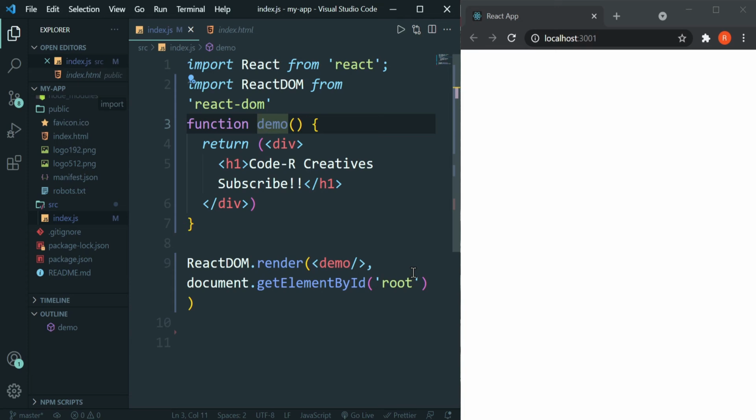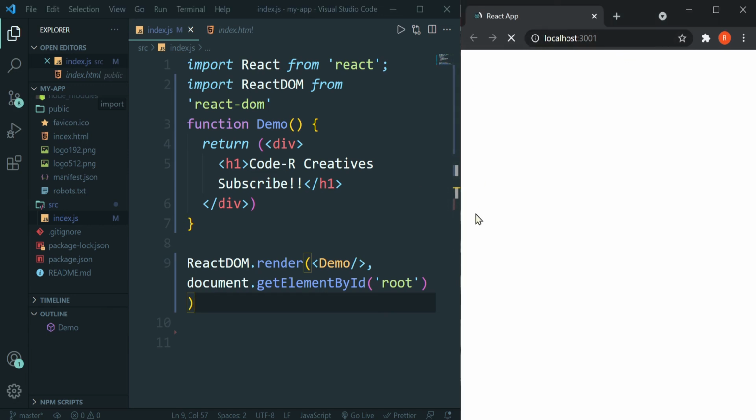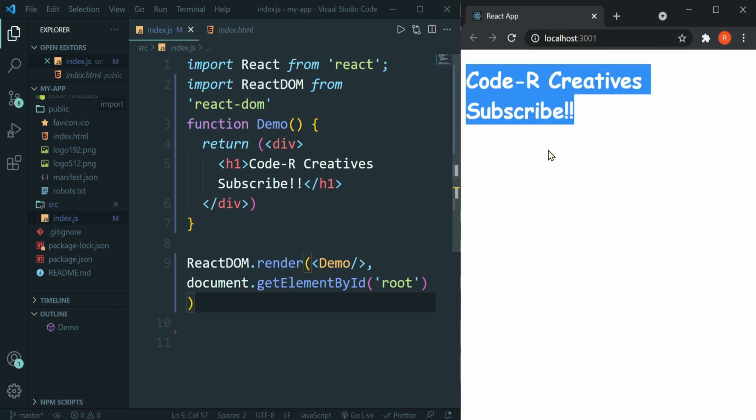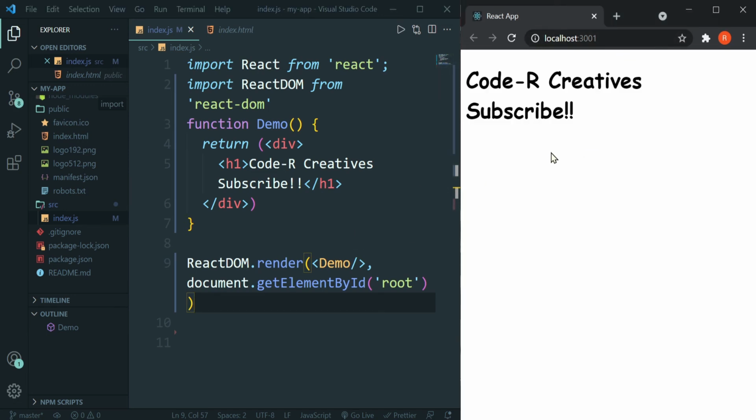So to make a function act like a component, you need to have a capital letter at the beginning of the name. Now when I render the function after making some changes, this is the component that we created from scratch and rendered.